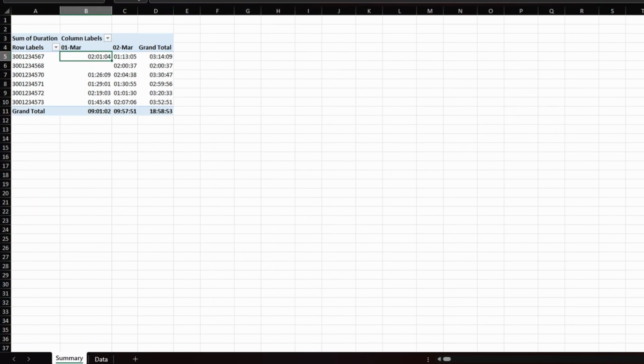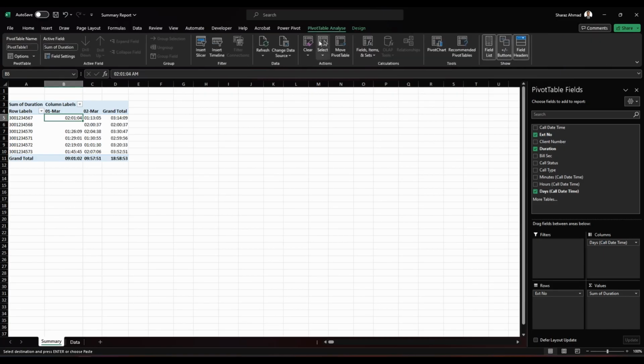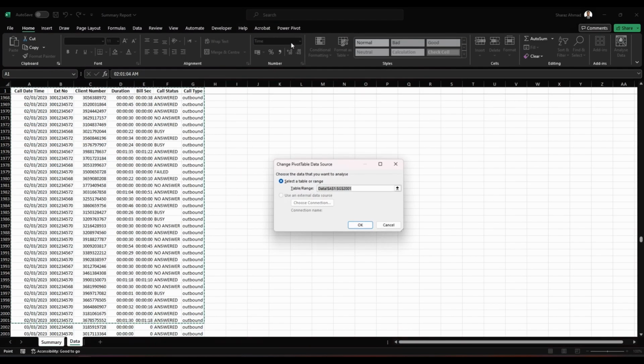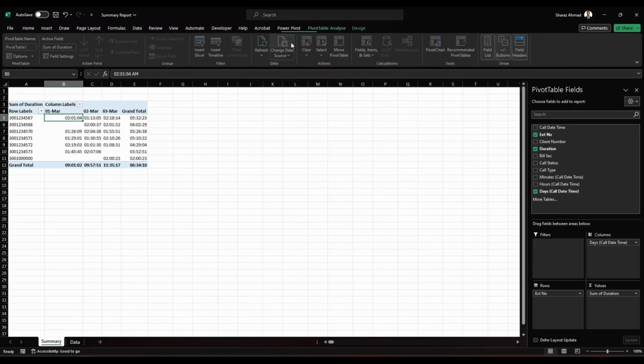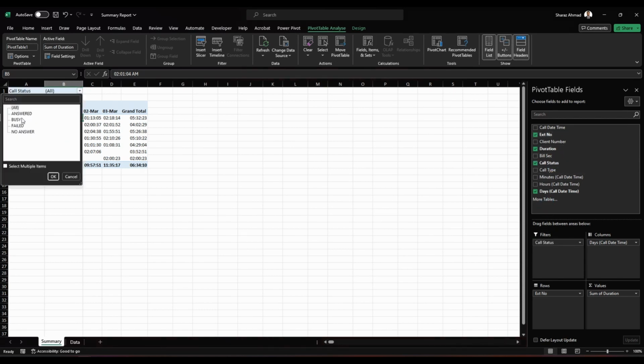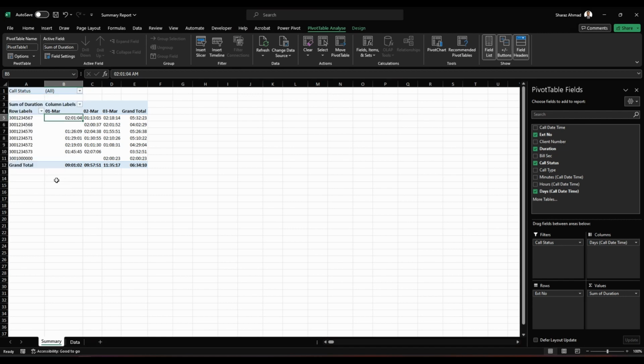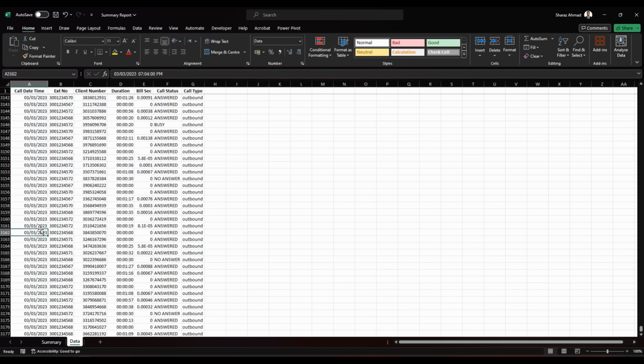Go to the summary tab and update the pivot data source to include this newly copied data. And you update the third day in summary report. You also add a call status filter for answered, just because your boss wanted. Next day, you'll add another boring data into the report, and you do this every day by adding more and